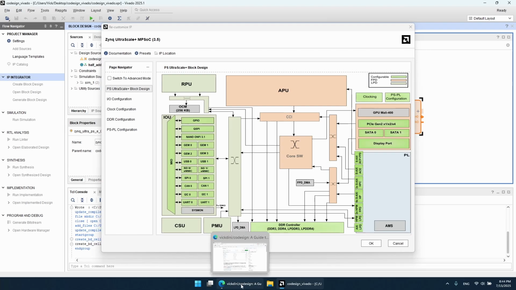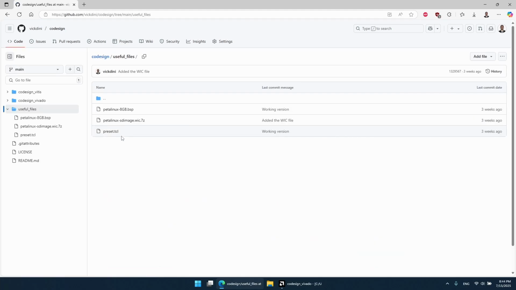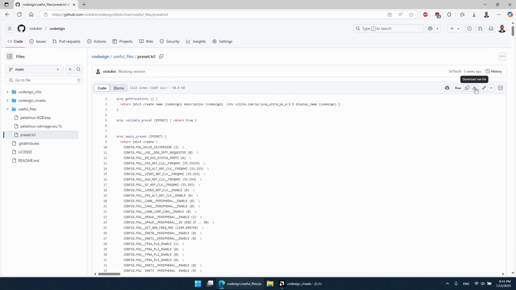At this point, we'll go to my GitHub repository called CodeDesign, and you can find it at github.com/vicdini/codedesign. And here you'll go to the folder named Useful Files. In it, among other things, you will find a file called preset.tcl. So let's download the raw file